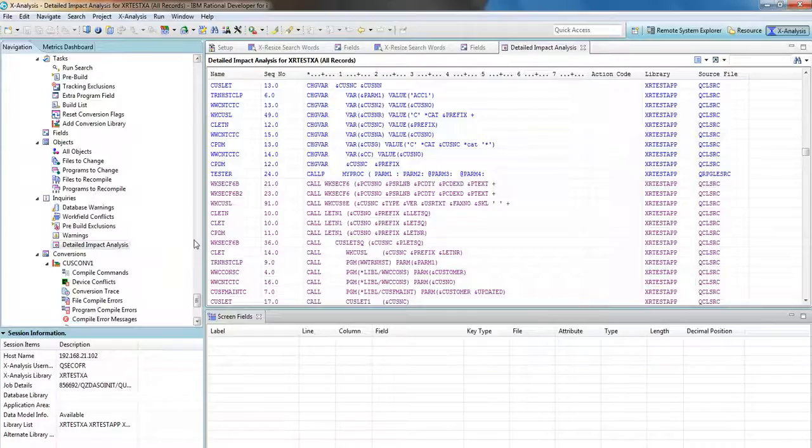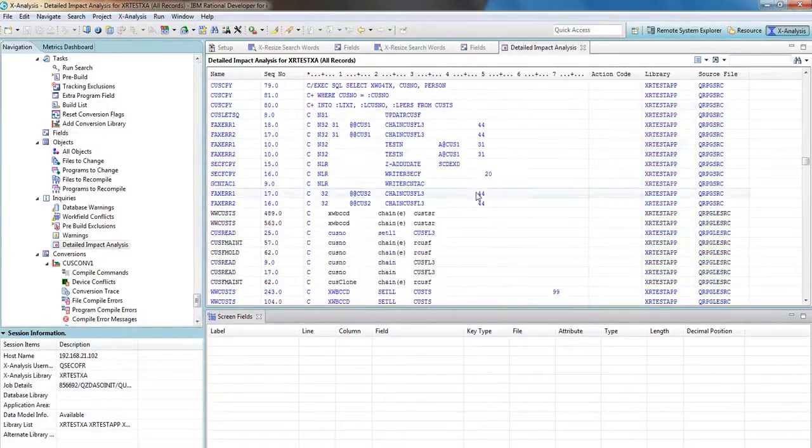So we've now gone through two steps where in the first step, we've identified all of the fields which should be included in the scope of our resize project. We've done some iterative searches within the code to make sure we have the exact list of fields that we need. And then in the second step, we've actually identified all of the precise lines of code which stand to be impacted, reviewed the list, and perhaps refined the fields that we want to include based on that. So the end goal of those two steps, is where we've arrived at, is a definitive list of all of the lines of code which are going to need to be changed as part of the resize project. So the next step is really to